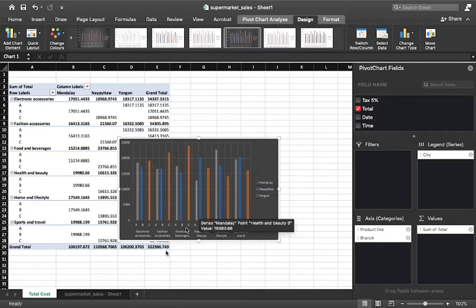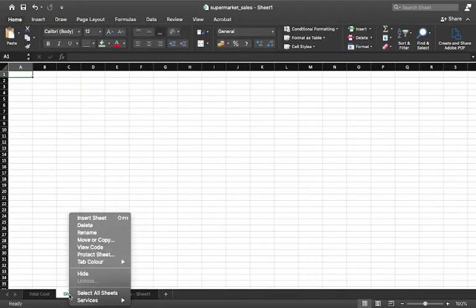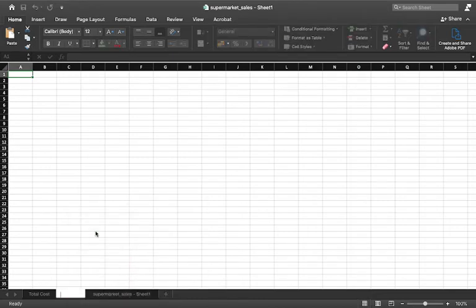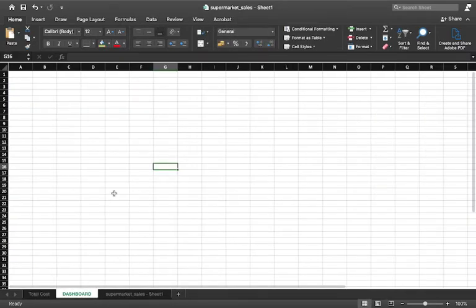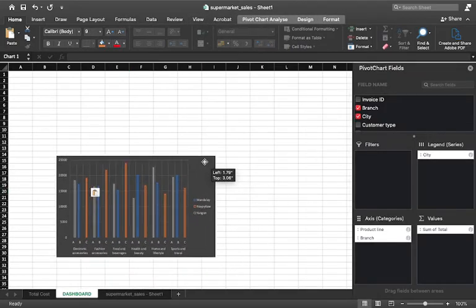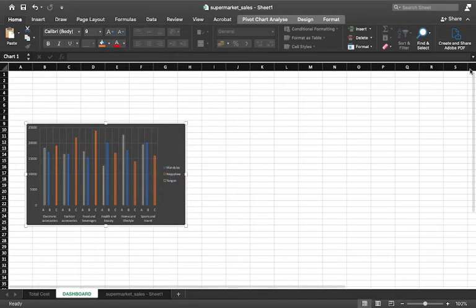Now what I'll do is I'll create another sheet. I'll add another sheet and I will rename this as my dashboard, right? Now what I'll do is I'll copy this particular column chart and I'll come and paste it here in my dashboard. So what I'm doing right now is just collating my data into a single sheet, which I'll call as my dashboard.